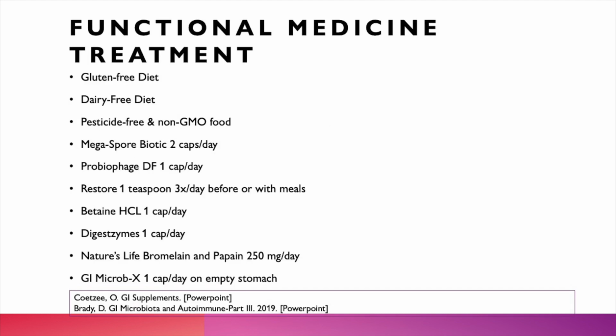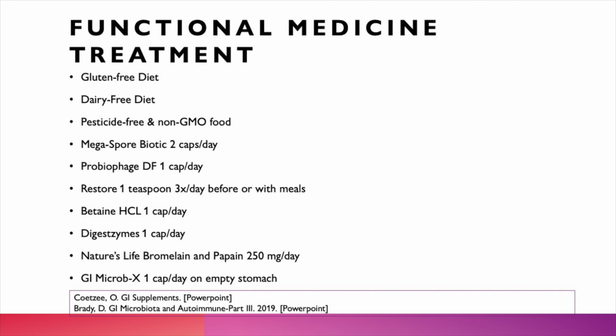In addition, I would like to add the functional medicine treatment. This is an exhaustive list as each case is different. Functional medicine practitioners have used most of these recommendations in their practice to help patients not only with Crohn's but other types of dysbiosis. Let me start with gluten-free diet, dairy-free diet, pesticide-free and non-GMO food, Megaspore Biotic 2 caps